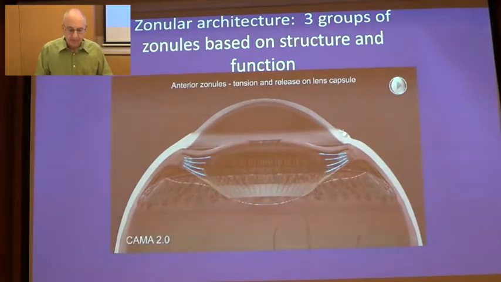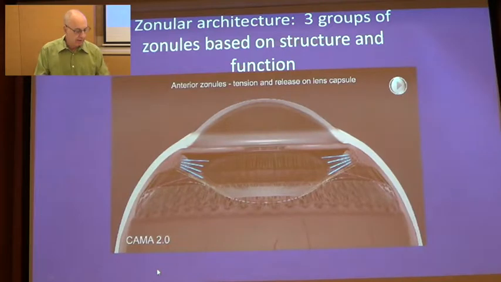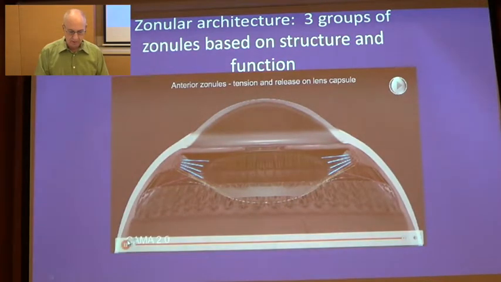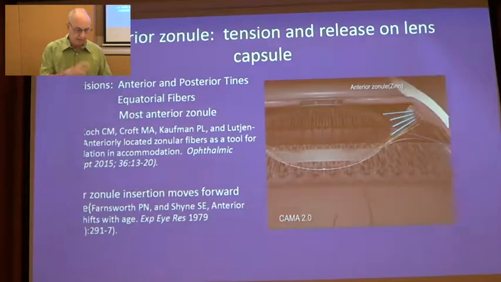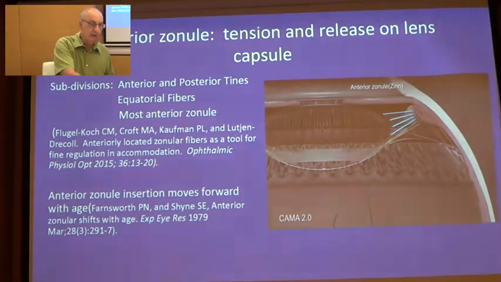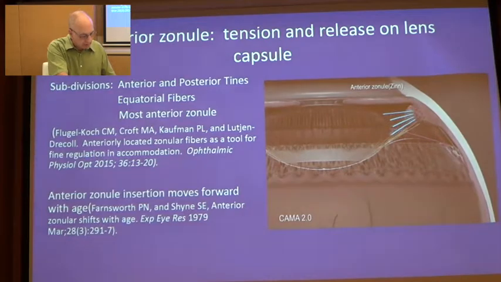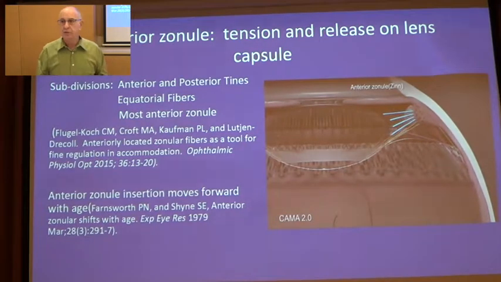So, after analyzing the model, I've divided the zonular architecture into three groups based on structure and function. Here we see the anterior zonules losing tension as the posterior zonules are put on stretch. I guess we get to see an animation for a few seconds. That's it. The anterior zonules are the first division of the zonular architecture, and the function is tension and release